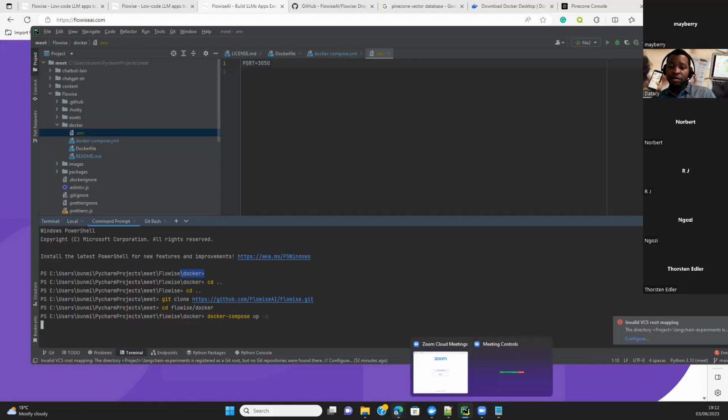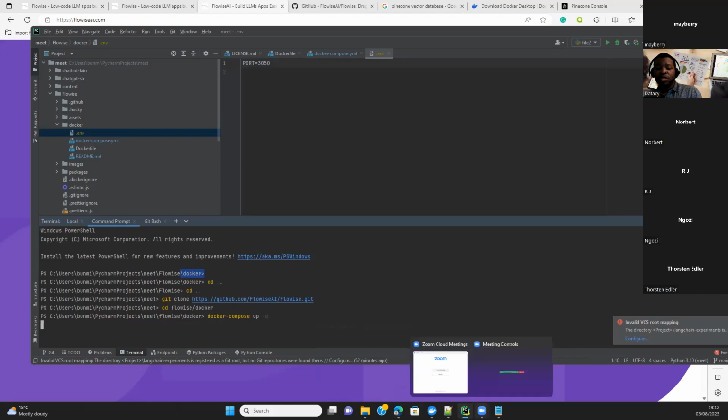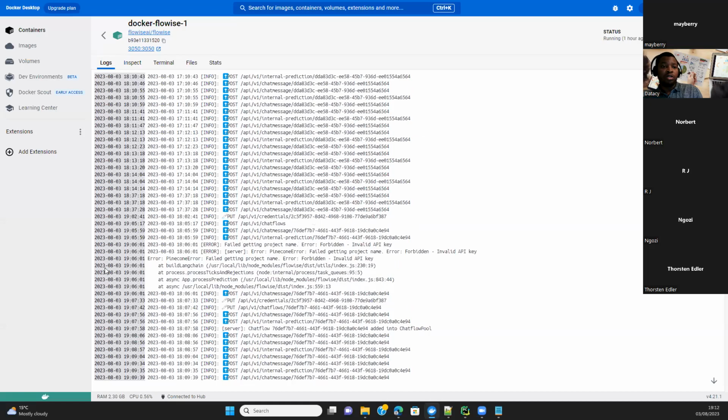I skipped the fact that before you run the Docker compose, you must make sure you have Docker installed on your computer. You can as well use Docker in the cloud. But I have the desktop because it's easy for me to monitor it locally. And once you create it, you can either go straight to start inside your Docker, or you just go into your